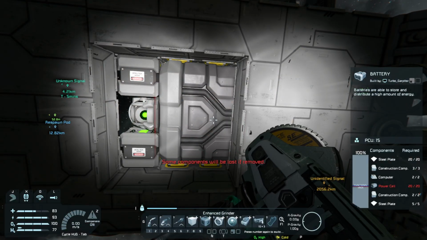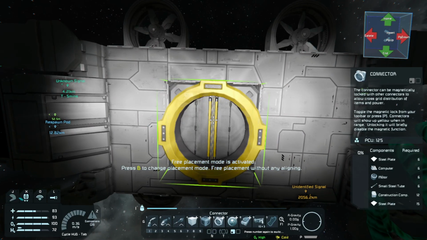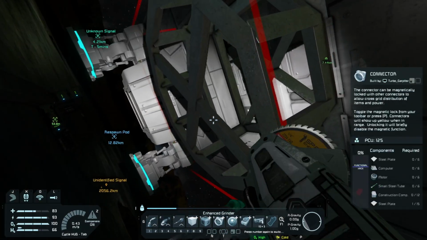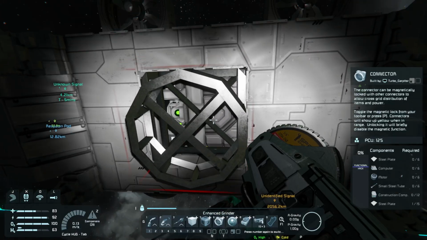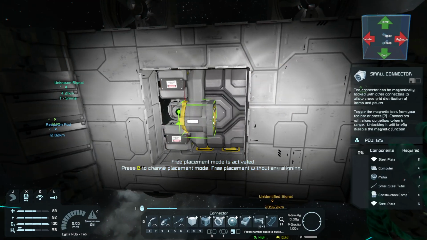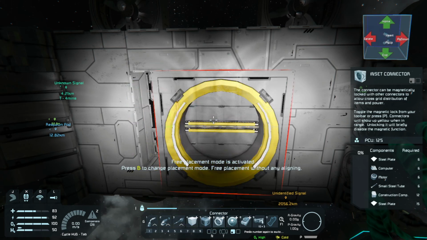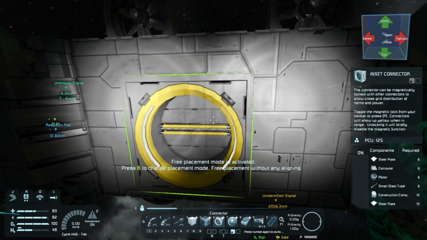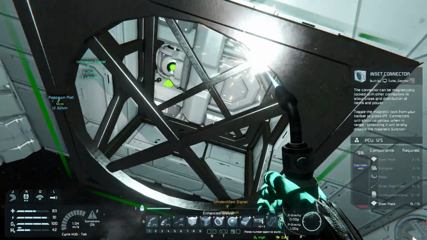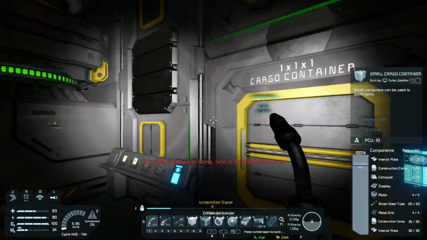I'll rebuild that in a moment. Alright. So that could get in the way when trying to land, actually. Can I build an inset connector for the small bit? I can? Yeah, I can. It doesn't stick out nearly as much, but it may still get in the way when trying to land on the wild. So construction comps and small steel tubes. So what I need...